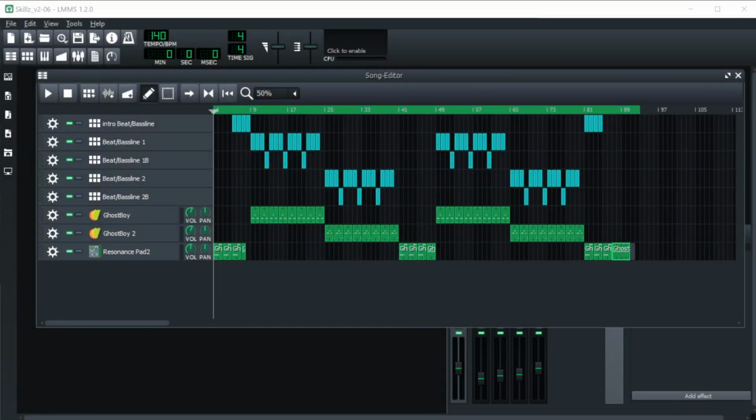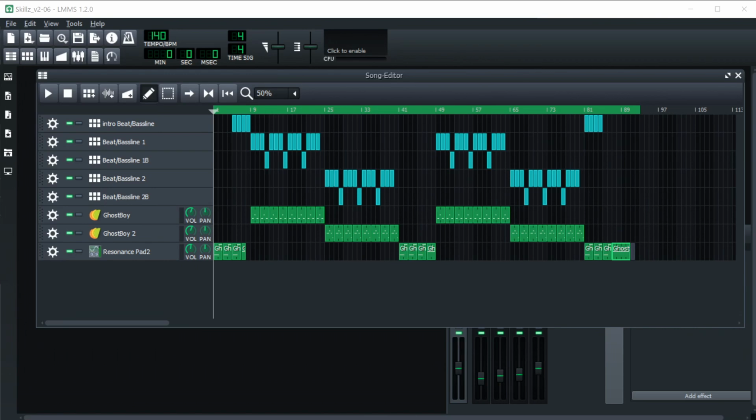So this is the entire finished track. You'll notice we have it in sections of 8 and 16 bars. This intro here is 8 bars. We have a first part that's 16 bars, second part 16, an interlude that's 8. We repeat the first and second part, and then we have an outro which is a little bit more than